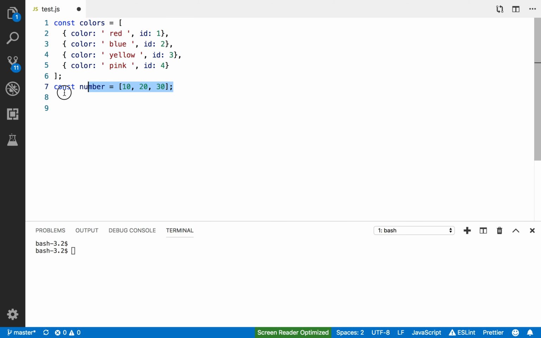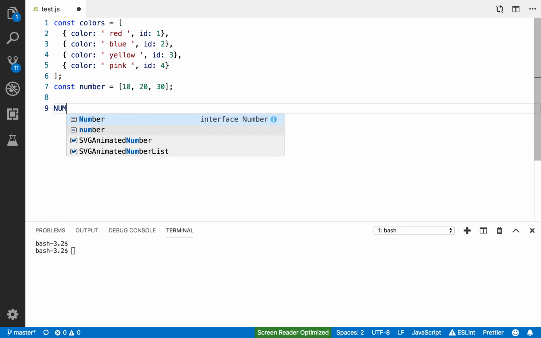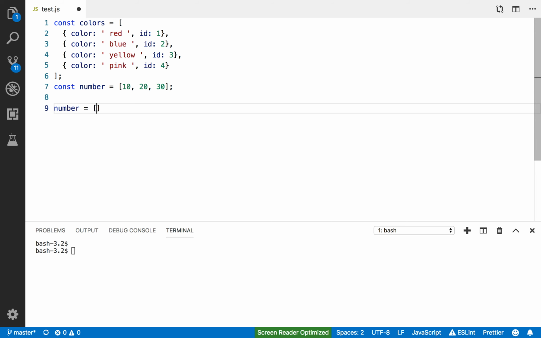I have here an array of numbers, and it's constant. Constant means I am not going to change this later in my code, meaning that you would not see me change the numbers later. That's why it's constant. It's not going to change. If it's going to change, then I'll use let instead of const. All right, so